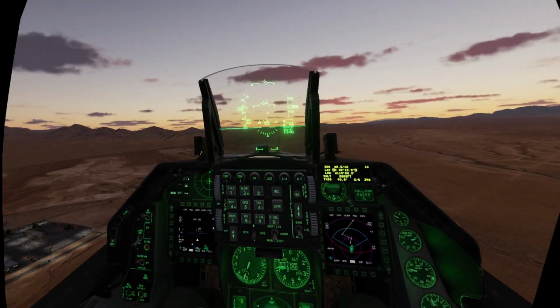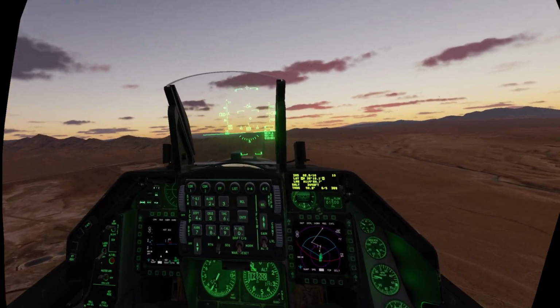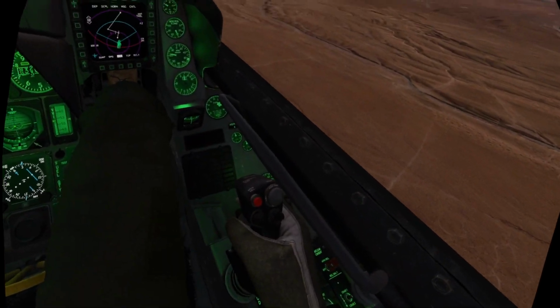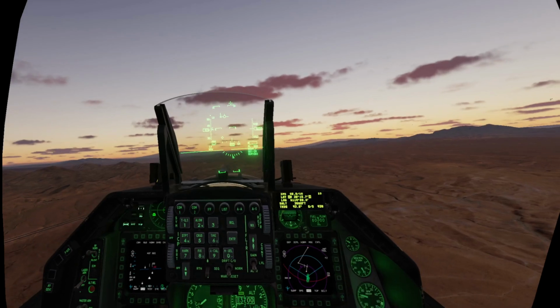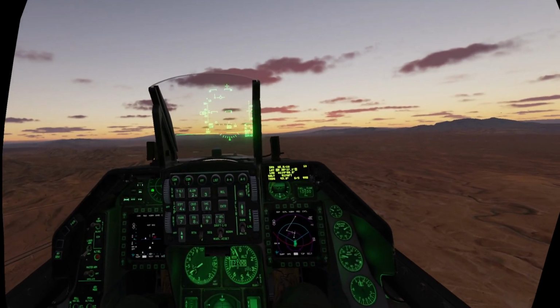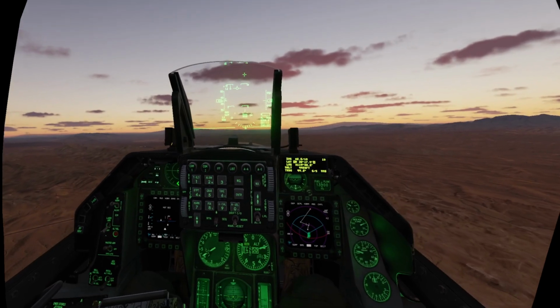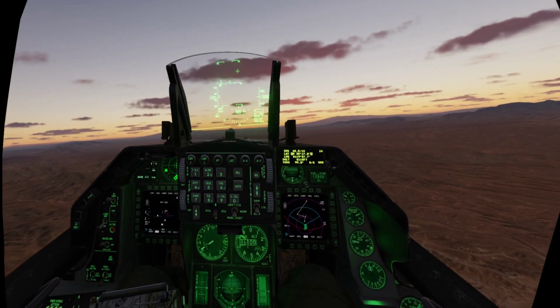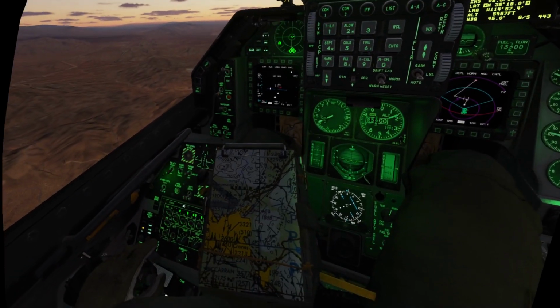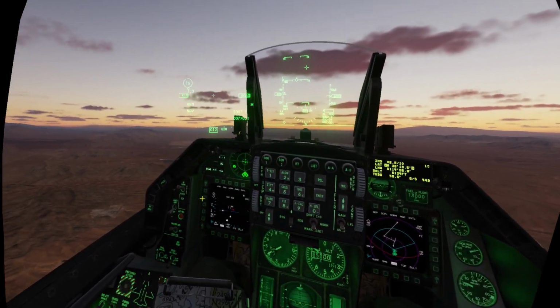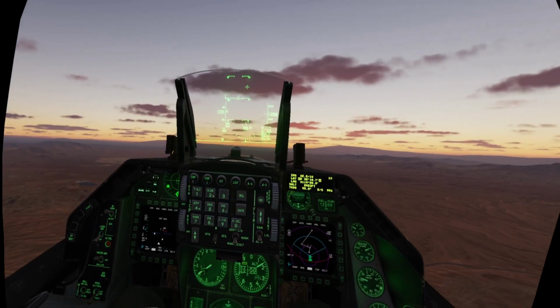What's your mission loadout? I've got 6 GBUs under the wings. I've got wing tanks. I'm full of fuel. Fuel's at about 11.5. Copy, heavy load. Climb at 300 knots for best energy management. Keep an eye on G limits. Avoid overstressing the airframe with that weight. Wing tanks will burn first. Consider dropping them once empty if the mission allows. What's your target profile? Actually, just wanted to go around the pattern today and practice landing.